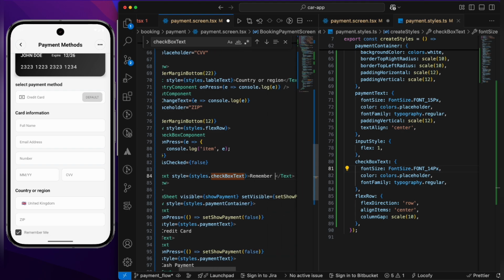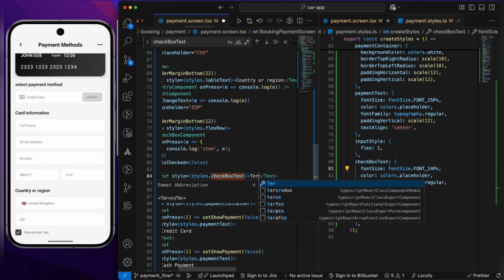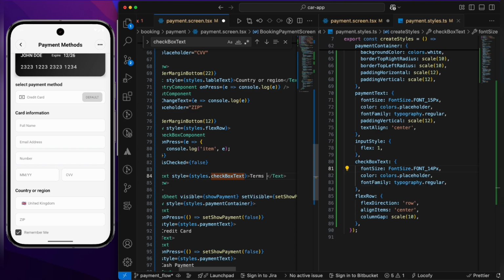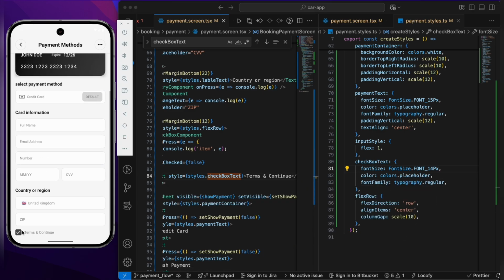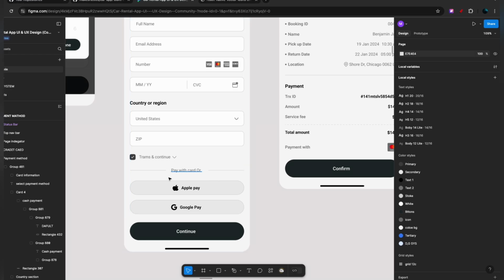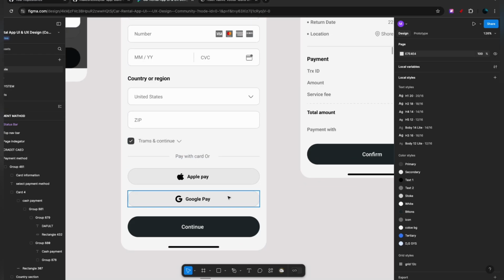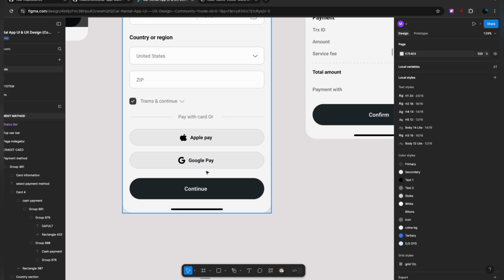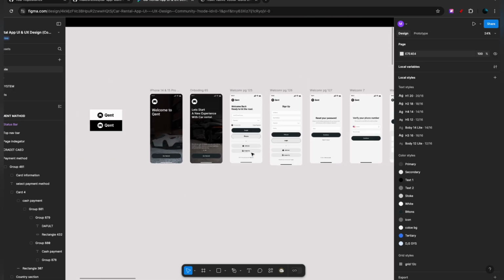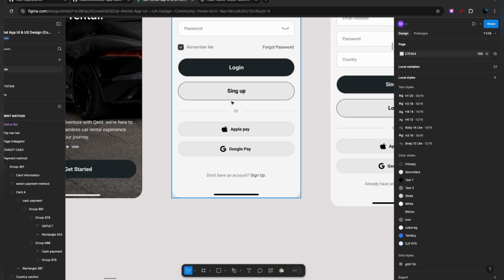So let me add that, terms and continue. Okay, so the moment I click on this, it should check and uncheck and give a callback of the truth, which is boolean. After that we'll add these three buttons, which is Apple Pay, Google Pay, and the continue. So if you come to the sign in login screen,